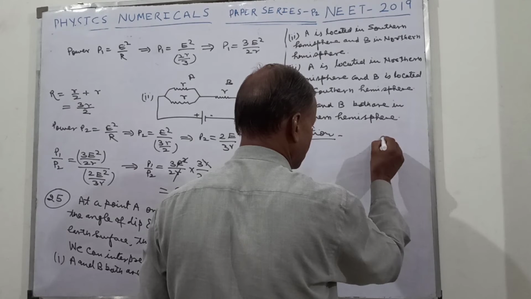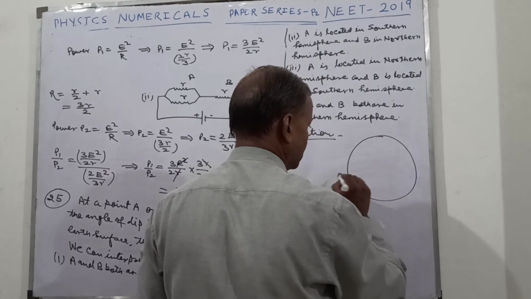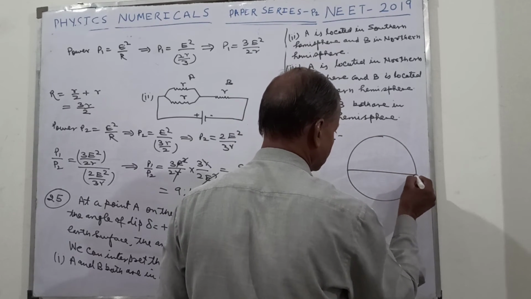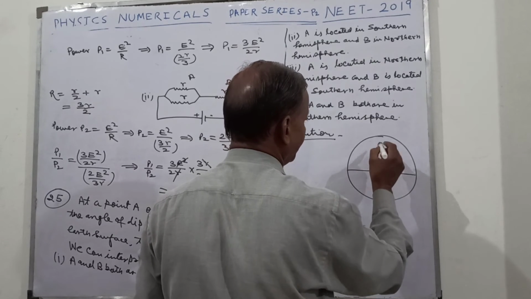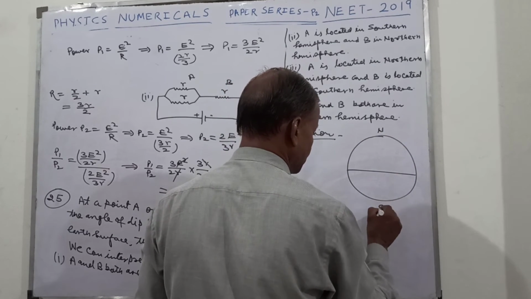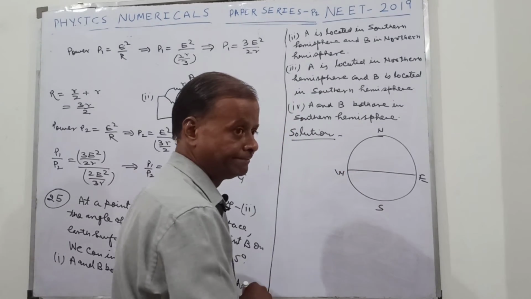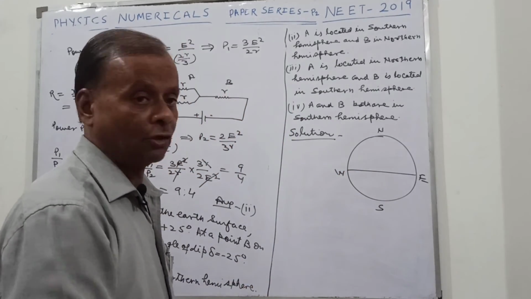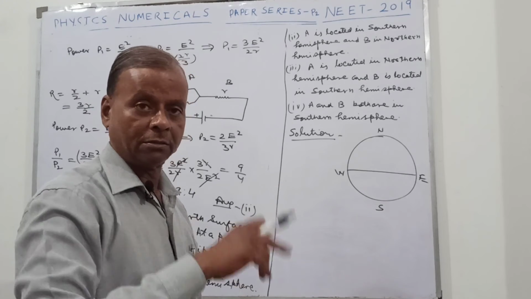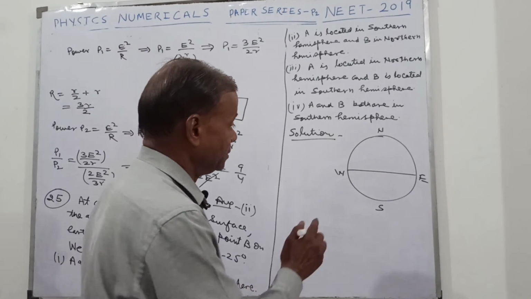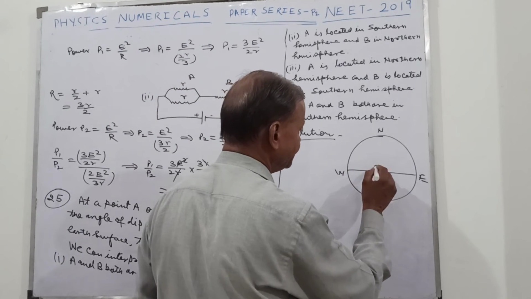This is the earth. This is your north, this is south, this is east, and this is west. Now we have a magnetic needle,